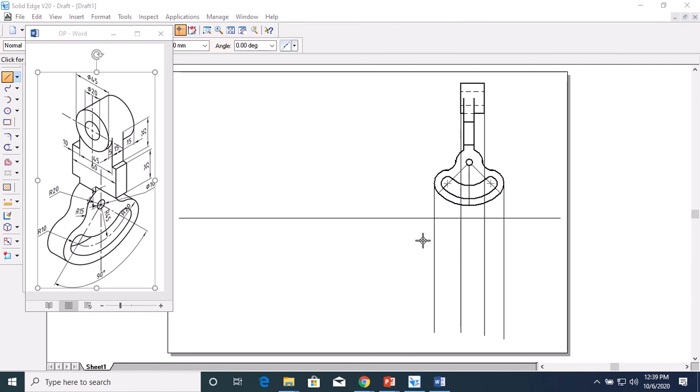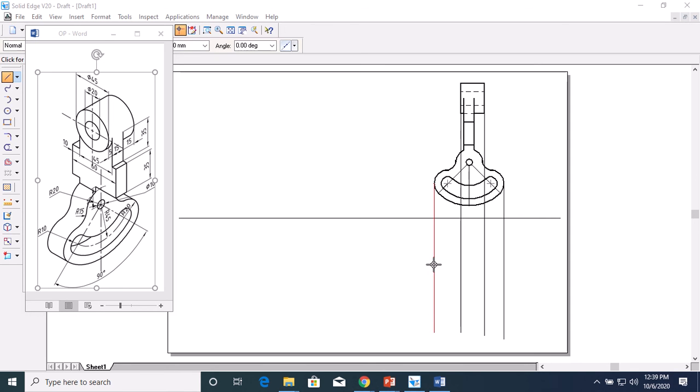So this width is not given here. Let's assume the width, because it is 45 here, so let's assume this as 45. Let's assume this as 20.